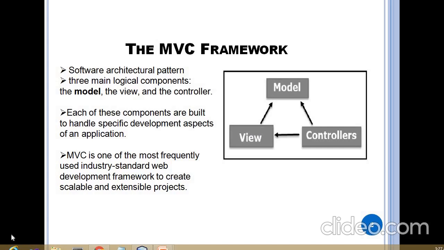Before moving on to the architectural pattern of this MVC framework, let's see one simple example. A customer goes to a very famous hotel. He looks into the menu card and decides on one particular dish to be ordered. The waiter arrives, takes the customer's order, and also notes down the specification of the format or the way the customer wants that dish to be prepared.